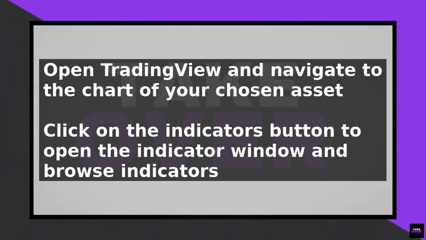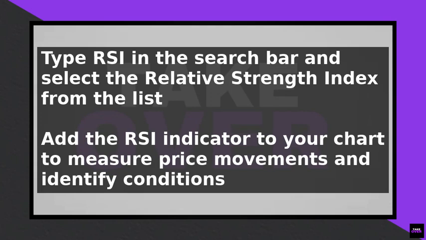The RSI is a momentum oscillator that measures the speed and change of price movements, helping you identify overbought and oversold conditions. The default settings for the RSI indicator are a length of 14, which means it calculates the average gain and loss over the past 14 periods. You can adjust this length to suit your trading strategy, with a shorter length being more sensitive and a longer